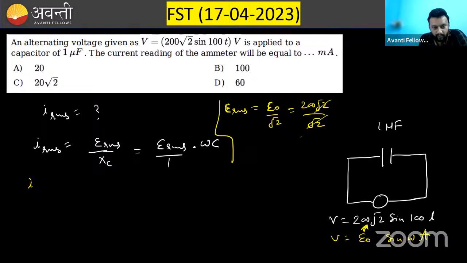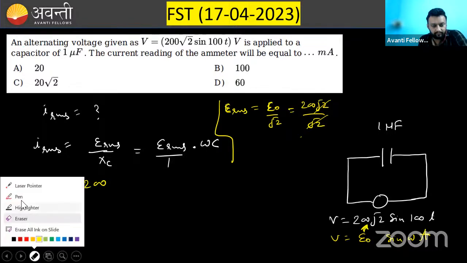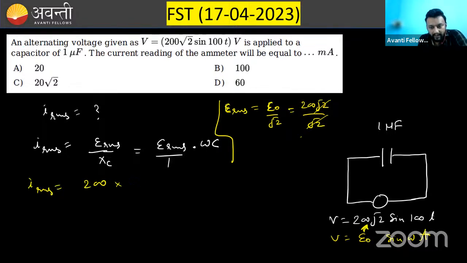Now place the value. IRMS is 200 divided by, why am I dividing? 1 is not to be divided. Into omega, which is 100. Capacitance is what? 1 microfarad, that is 10 raised to the power minus 6. So that will be